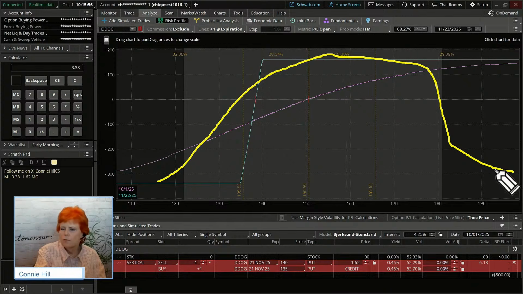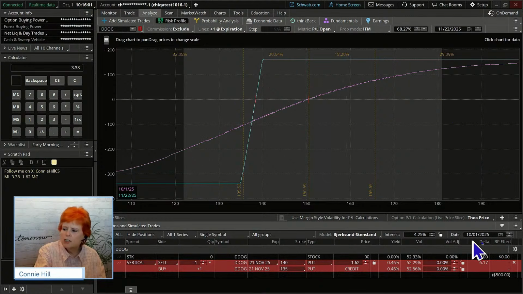Now, down here, I'll show you another area. I mentioned that this pink line is going to be showing us our profit and loss based on a date. And right now, maybe let's put a square around that. I've got it set to today's date, but we can change that. But let's look at some of these basics first before we go into the details of the risk profile. One thing that's really helpful for a trader to see is, where is my break-even point? What are my probabilities of a break-even versus not?